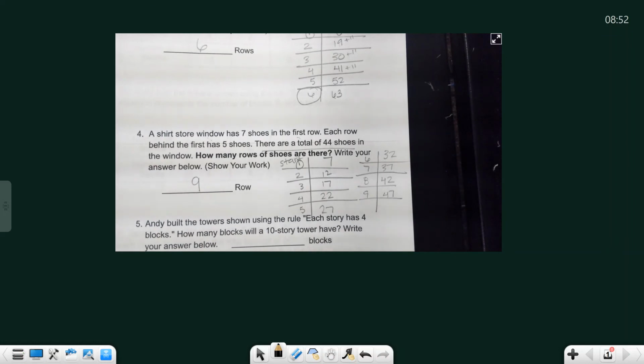9. Why could we not do 8? Kyrie? Because, like I said yesterday, if you have less than you need to have, then you're not going to have enough. Correct. So we can only put 42 shoes, which means we will have 2 pairs of shoes